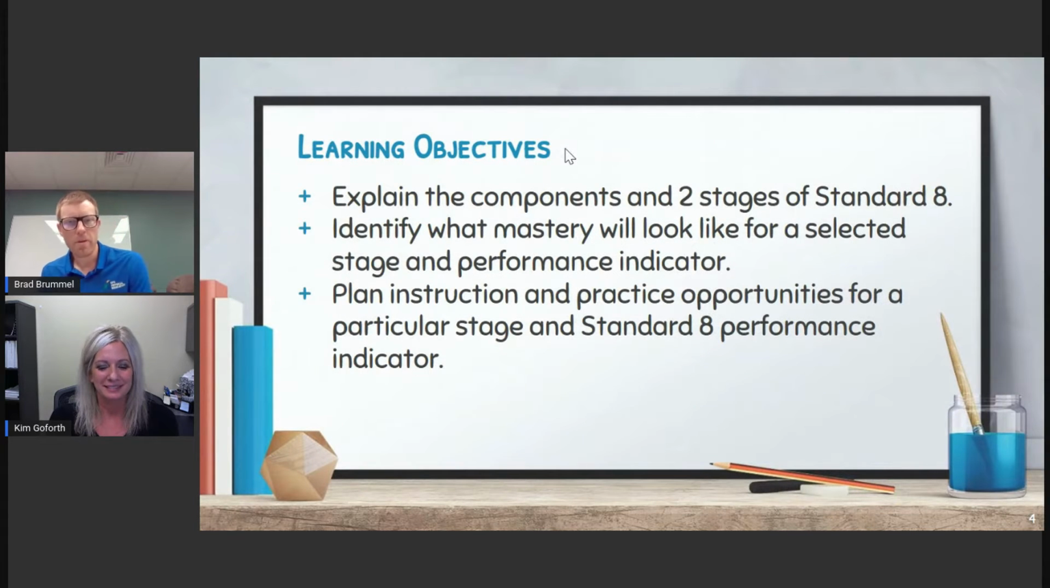Today, we hope that when you finish the video, you would have these 3 learning objectives completed. One, that you could explain the components and both stages of Standard 8. Secondly, that you could identify what mastery will look like for this selected stage and performance indicator. And then lastly, you'd be able to plan instruction and practice opportunities for your students for that particular stage and